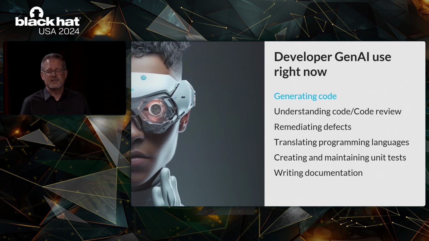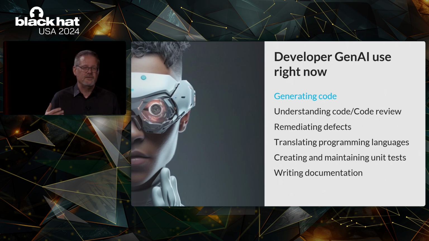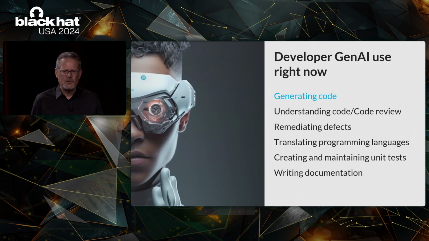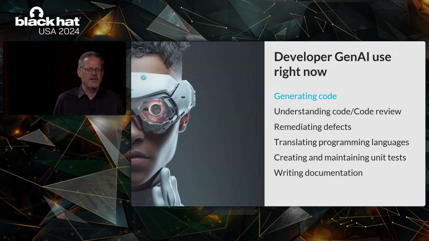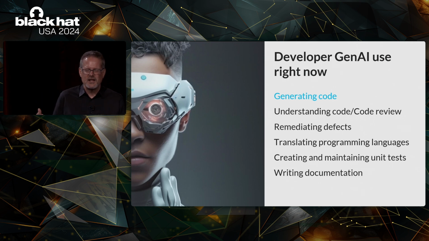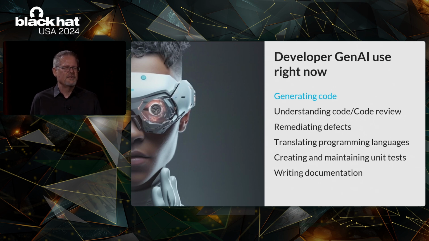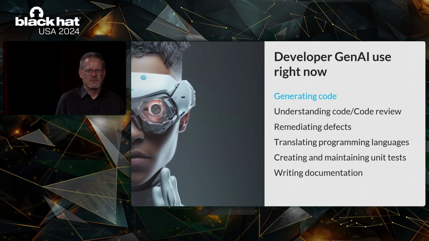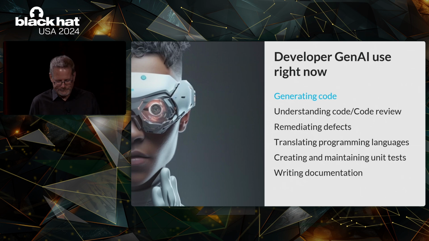Testing code, something that all developers should be doing more of. That's a good use of it. Writing documentation. So there's lots of great uses for generative AI, and if you're going to get a 50% productivity boost, you're going to use it, right? Every organization would love to hire 50% more developers than they have now, and write more software, write better software.